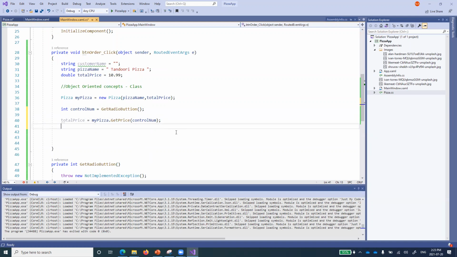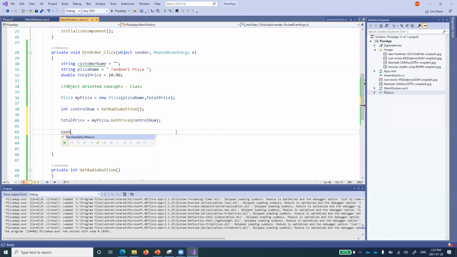And now the last thing that I want over here, customer name. Now, can anyone tell me how can I set up the customer name over here? I have a text box. You remember text customer name, and you remember content. Oh, no, not content. I always make this mistake. Text. Yes, thank you. I did that before as well. So text customer dot text, not content.